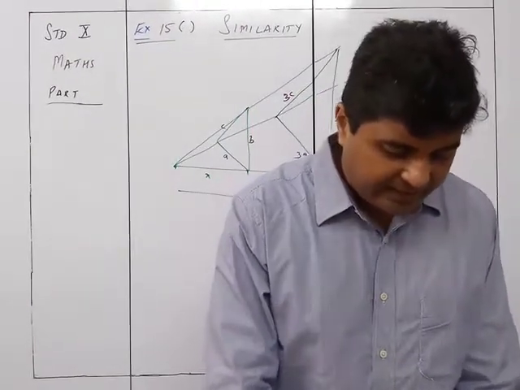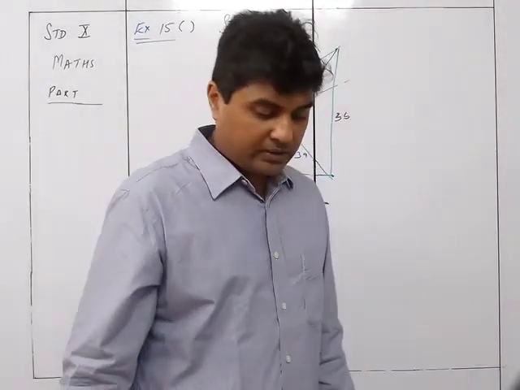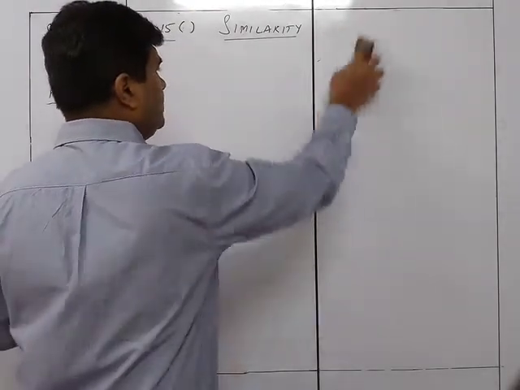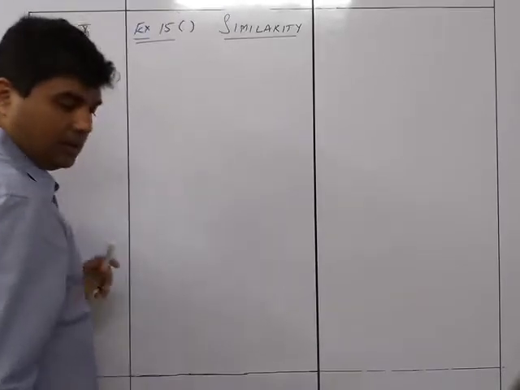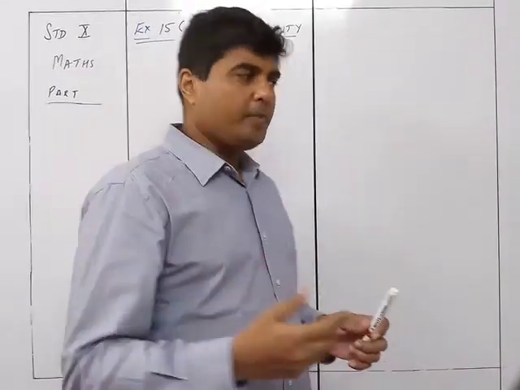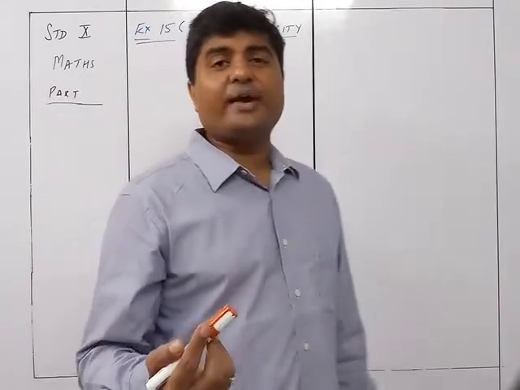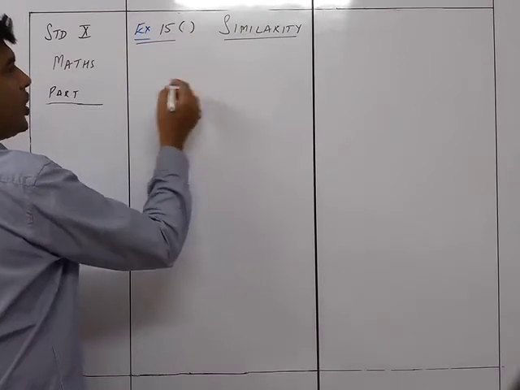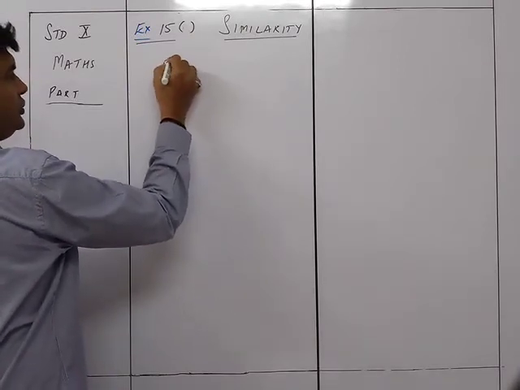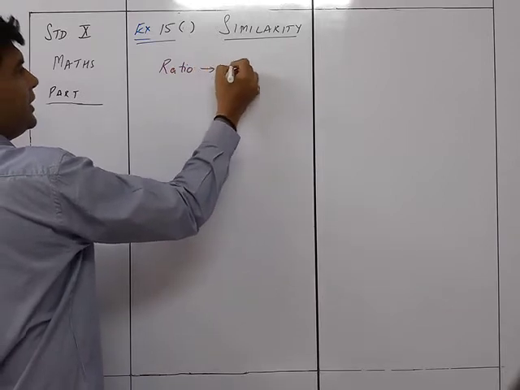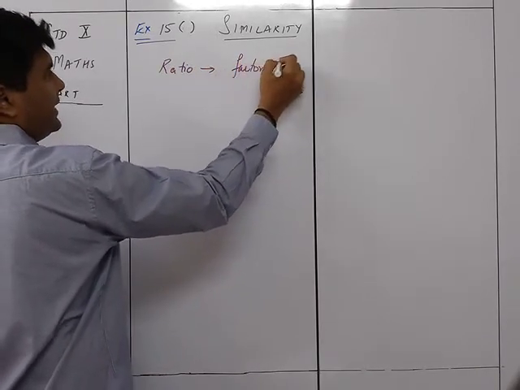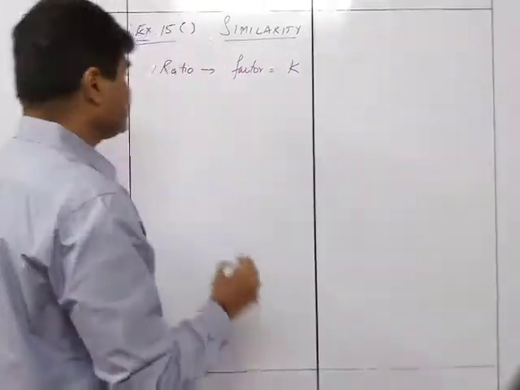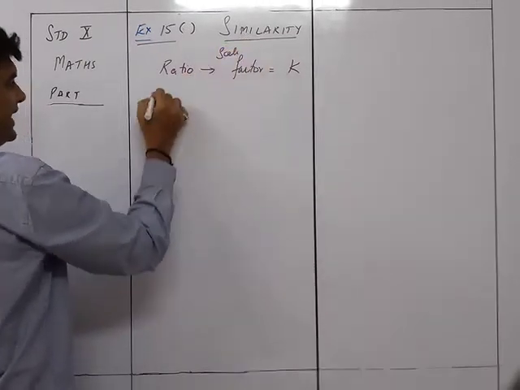The next one we see is the application in case of maps and models. Now in case of maps and models, we very well know, what is there in a map? If there is any map, what does it have? First of all we find out the distance, that is the length. It is always this way that each and every map has got a ratio, or we can call it a factor, and we take it as k. So when you take the value of k, there is a scale factor.